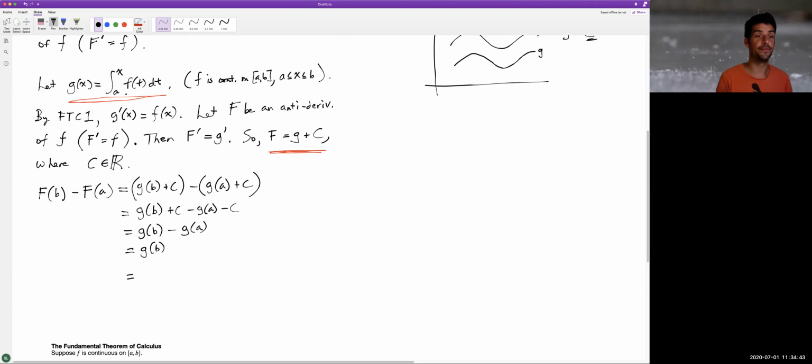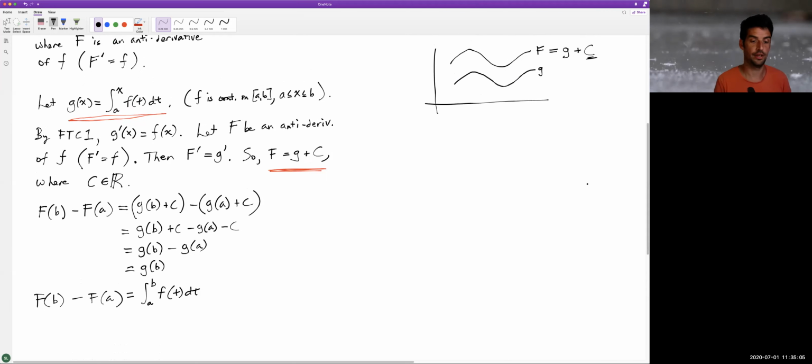What is G of b? Go back to the definition. G of b, according to the definition, G of x is equal to the integral from a to x, but we've put in a value for x. We've put in b, f of t dt, and this is all on the left-hand side, F of b minus F of a equals the integral from a to b, f of t dt. Okay? And that's it. That is the proof I'm going to give for this. Okay,